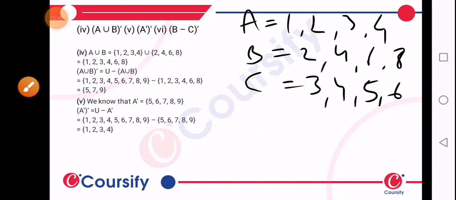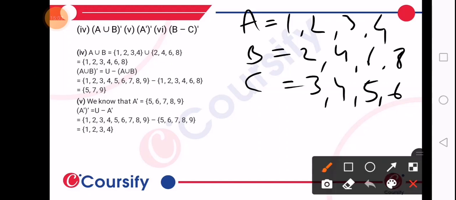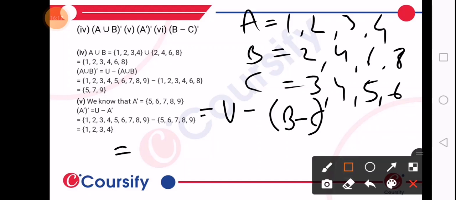Now, B minus C is just another set, but what we have to find is the complement of B minus C. If we solve B minus C complement, we take out the formula again, universal set minus B minus C. In B minus C, we had only two elements, that was 2 and 8. If we remove that from the universal set, we have the universal set over here, 1, 2, 3, 4, 5, 6, 7, 8, 9. If I remove 2 and 8 from it,